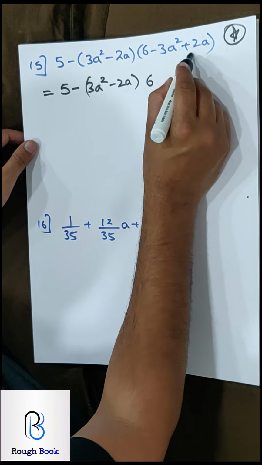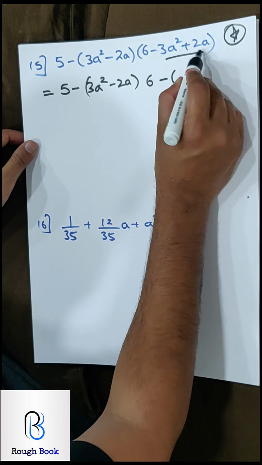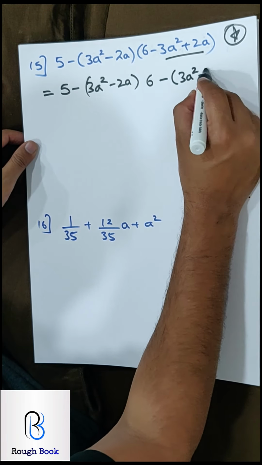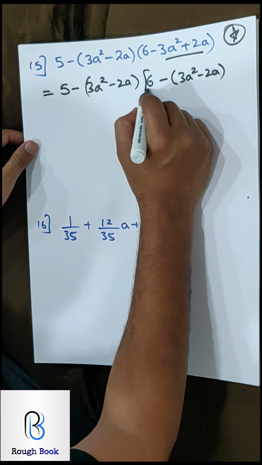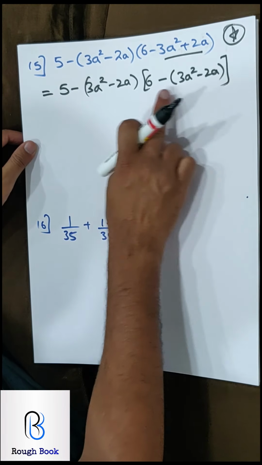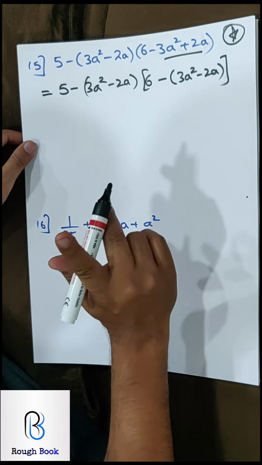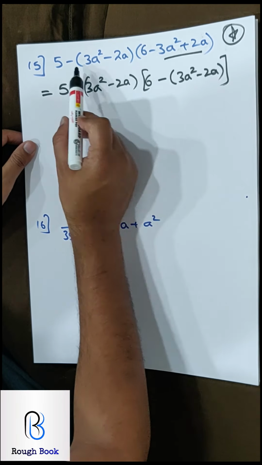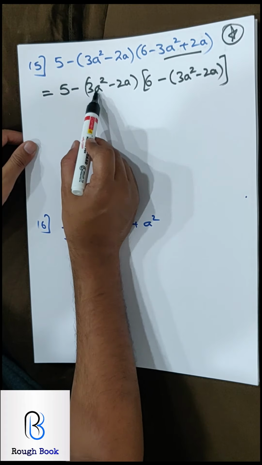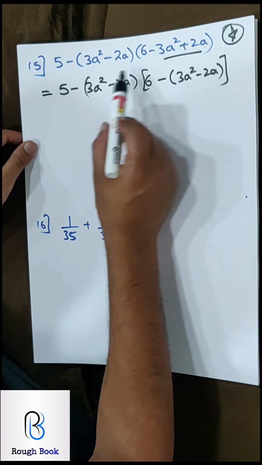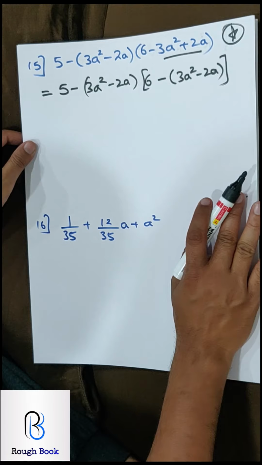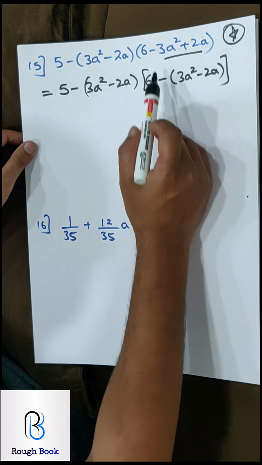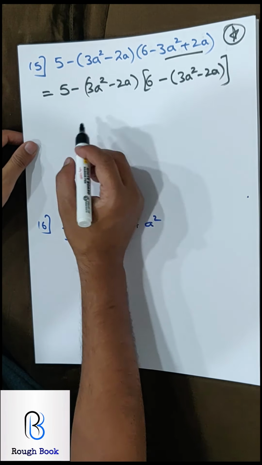So I pull out only minus sign common between these two terms. So 3a square minus 2a, big bracket. Now both of them match. We have to be very careful here. Many children do not understand how to go about this. They rather open this and they make this minus 3 plus 2a and then they match the two up and they mess up the entire sum. That's not the correct logic. You want to take minus here common and then go ahead.